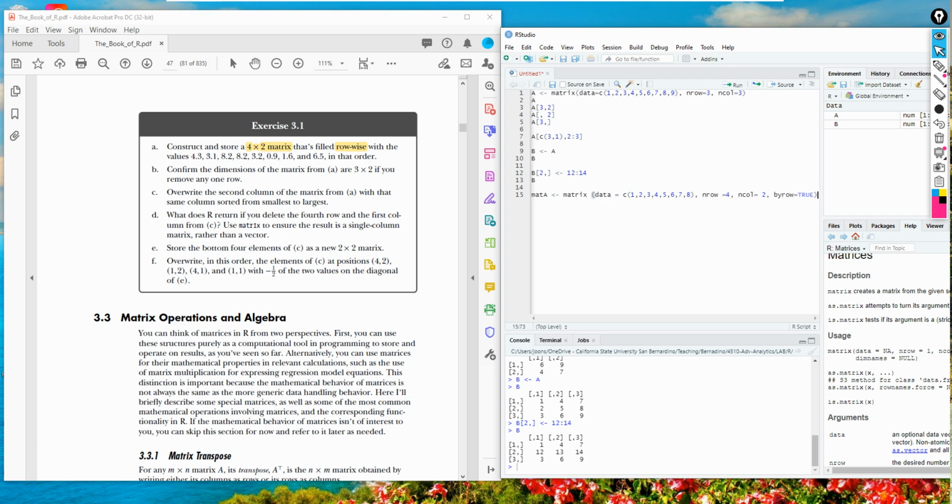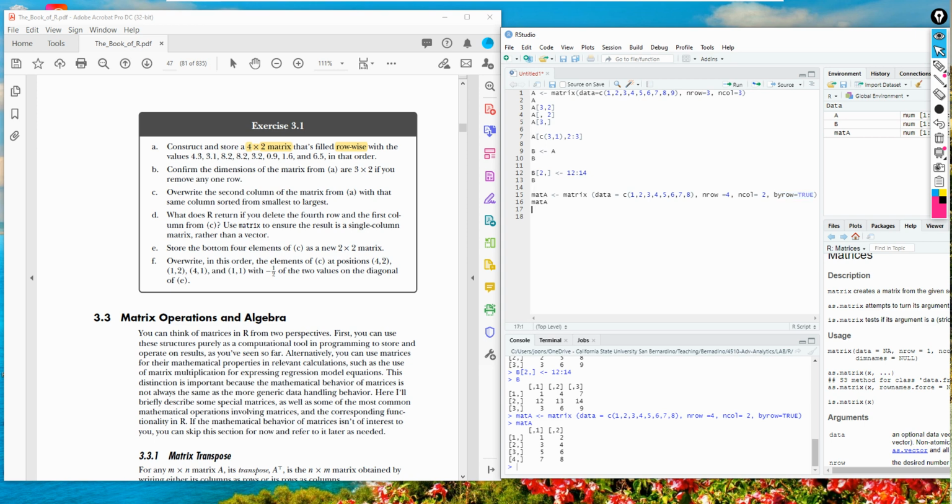Let's run this, and then I'll say matrix A and check. Yep, this is a 4x2 matrix, and the matrix is constructed in a row-wise fashion. You see 1, 2, and then 3, 4, 5, 6, 7, 8, because I made this true.